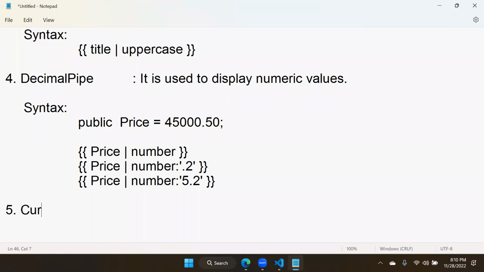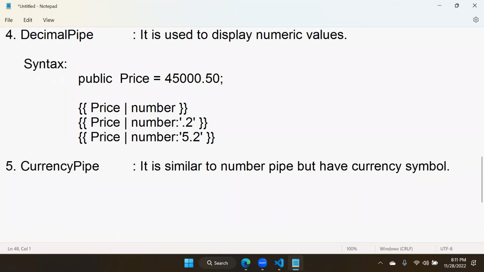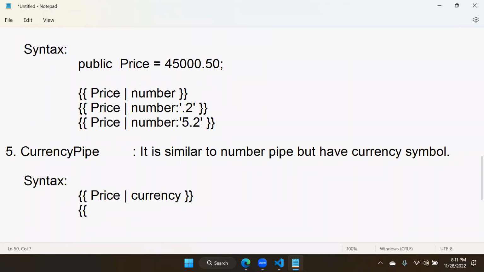You can have currency pipe. These are very simple because it is similar to number pipe, but has a currency symbol. It is the same as number pipe, just you can have a currency symbol. That means we can just put price and we can put a currency. By default, currency symbol will be dollar. If you want to change the currency symbol, you can put price and currency, and you can write colon,